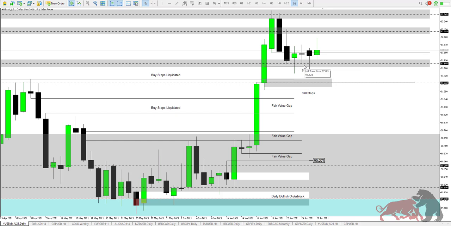That was the ideal entry for long positions, and I haven't changed that notion yet. So 91.64, this area here is going to provide support